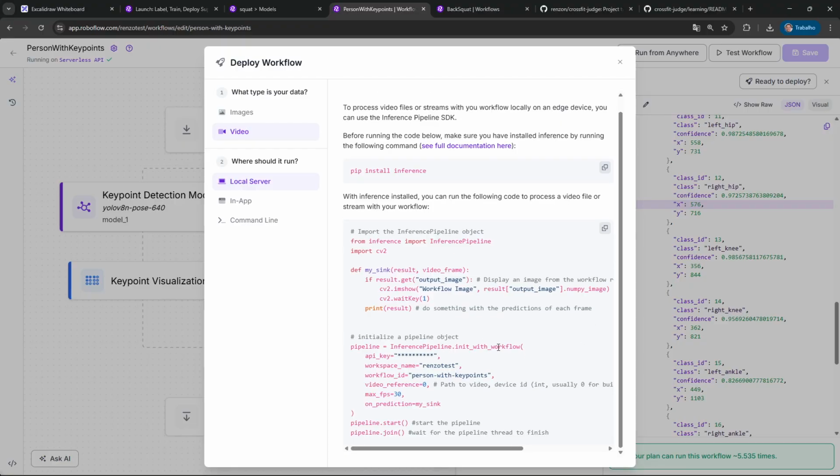So for that, they have the experimental code, which is called Roboflow Inference Pipeline, where we are going to init a workflow, passing the API key, the workspace, the ID that is exactly this one that is on the URL in here, and the video reference that can be a path to a video, or 0 if you want to use your webcam for real-time processing, and you start and join.